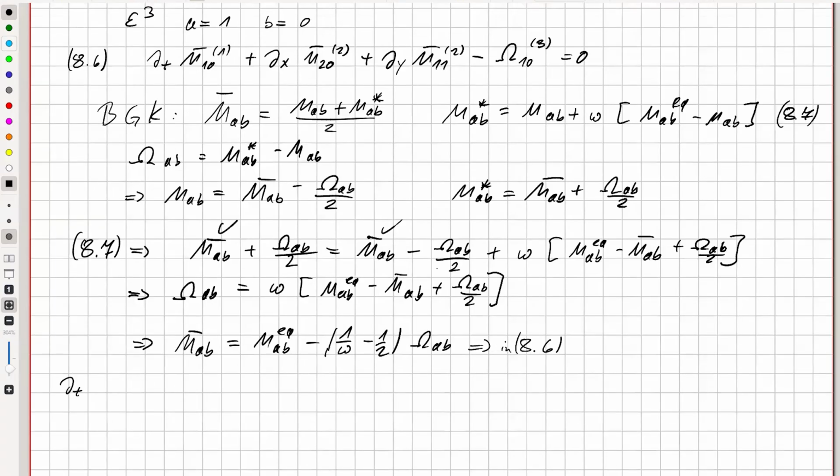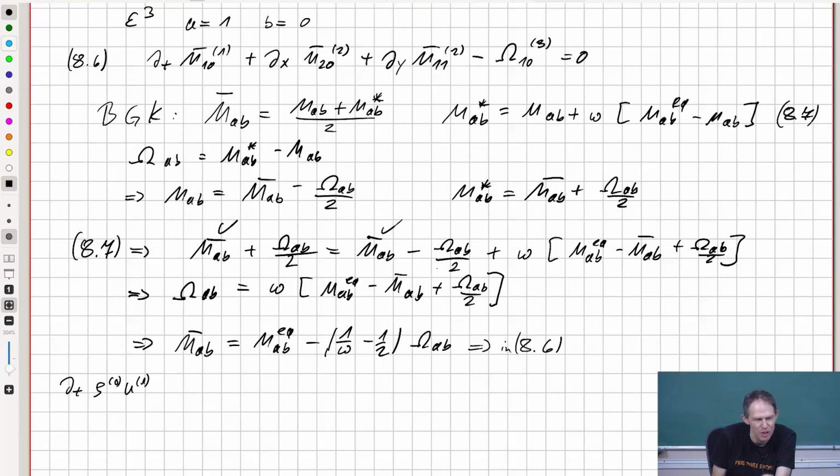So we have dt rho 0 u1. So this is the first moment to first order. I don't write the other version that we've just discussed again. So this is what is left. Then comes dx. So we get M20 equilibrium, and of this we get the second order minus 1 over omega minus 1/2